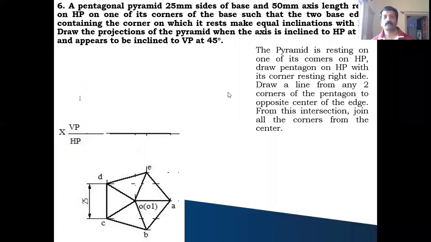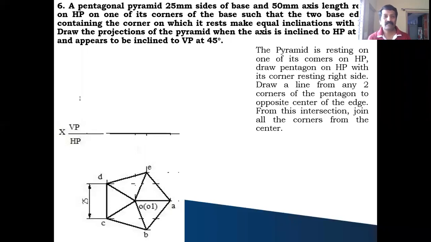Okay, good morning, everyone. So today also 2-3 examples we'll discuss. One more last example we'll discuss is the pentagonal pyramid. So it's a corner condition example. A pentagonal pyramid with a base side of 25 millimeter and axis 50